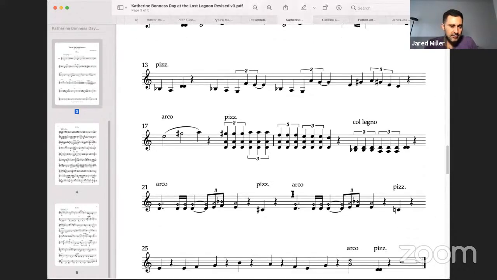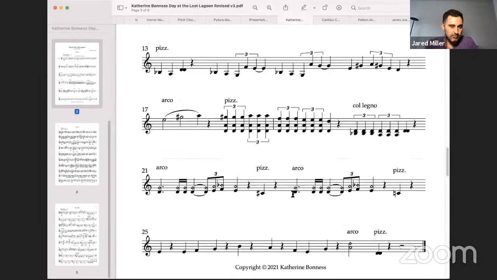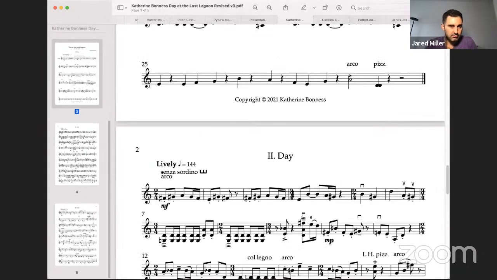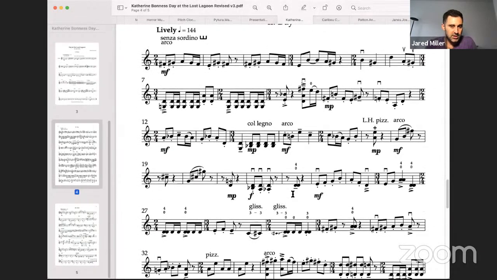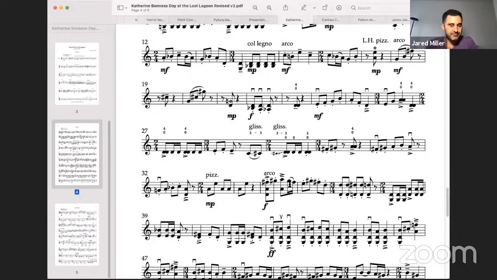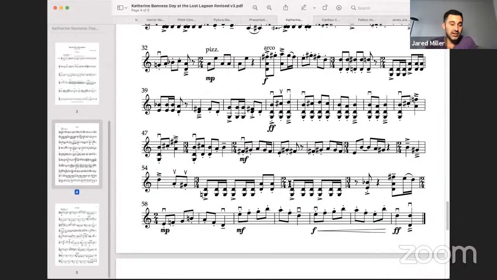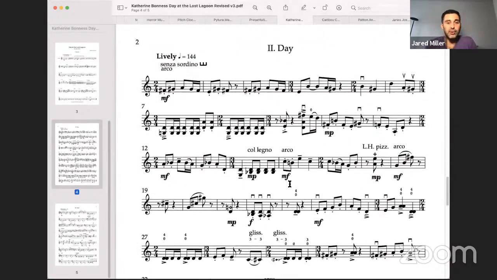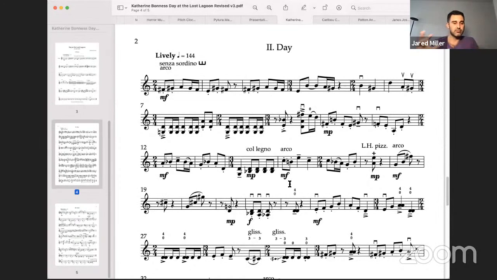So that's something that you could think about here on this movement. This movement was great, as I said, just rhythmically. It's so exciting and vibrant. And you really do stick to just a couple musical motives and reorder them and reuse them in very fresh ways every single time. So I think that's great.